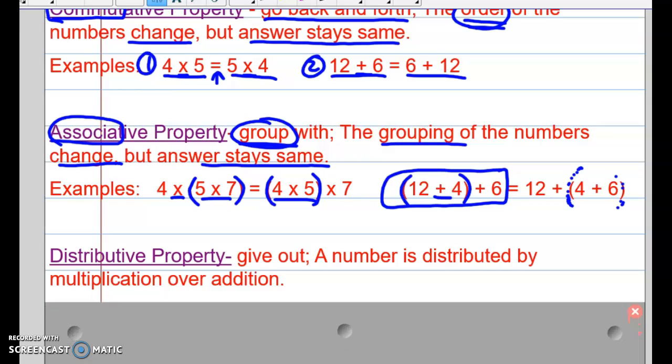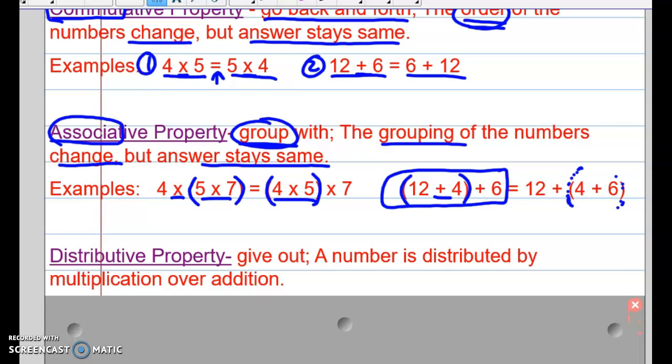The third property, I need you to pause your video and copy down distributive property and the full definition. Now this property we've actually used earlier in the school year when we were factoring out expressions, where we were using the GCF to factor out an addition problem. So you should already know that the base word distribute in the distributive property